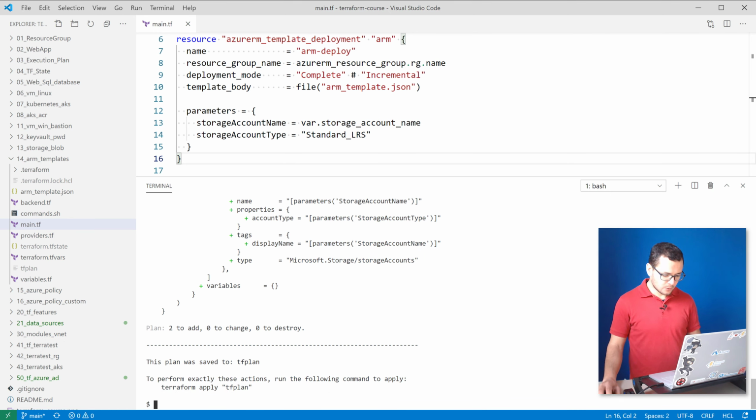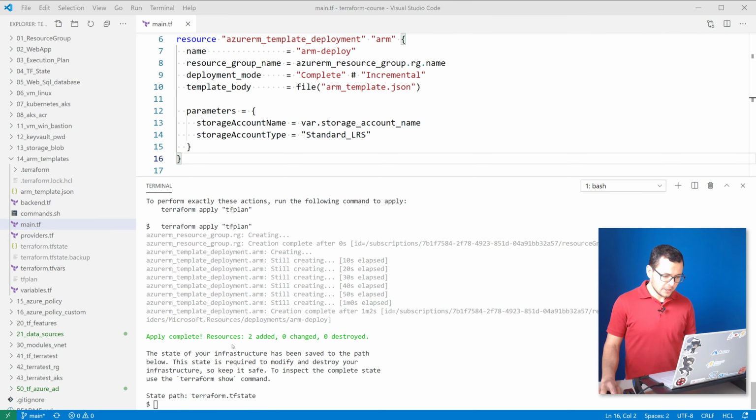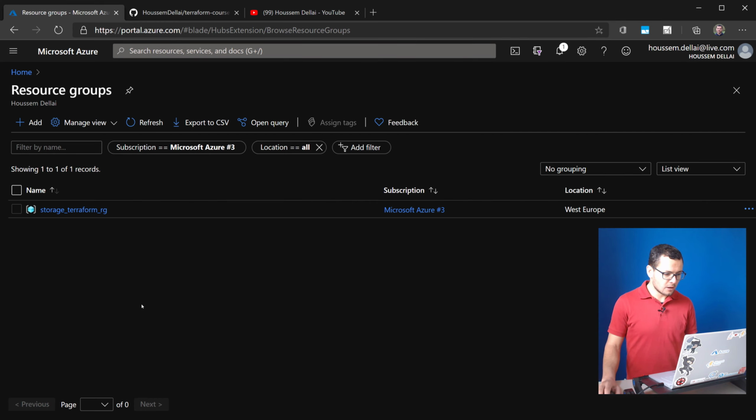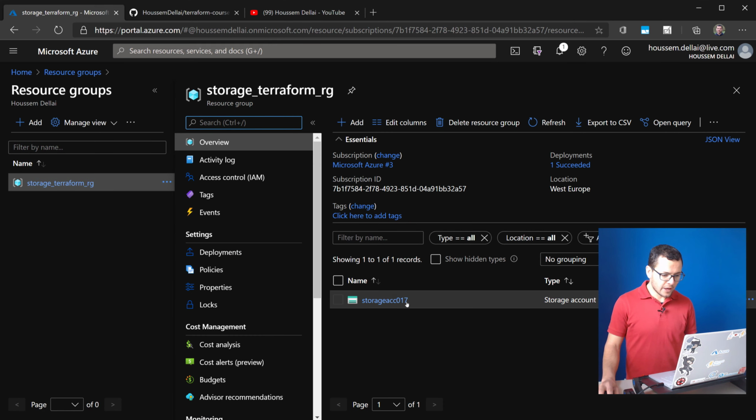Now let's go to deploy this into Azure by running the command terraform apply and the name of the execution plan, tfplan in this case. Great, now those resources were created, so let's check for those resources from within the Azure portal, within my resource groups. If I go to refresh, here I see the resource group that I have created,